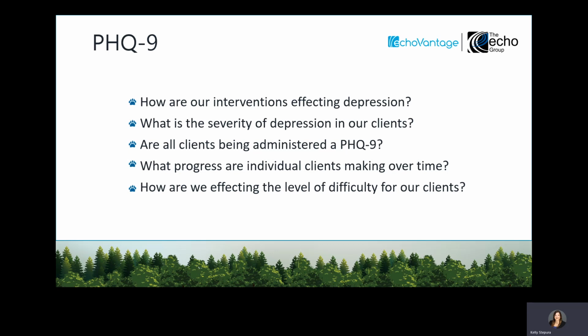So the PHQ9 dashboard is intended to provide information about depression for clients in your care, as well as change in depression throughout care. So we can answer questions like, how are our interventions affecting depression? What is the level of depression in our clients? Are our clients being administered a PHQ9? What progress are individual clients making over time? And how are we affecting the level of care for our clients? So I'm going to jump into the EchoVantage system now